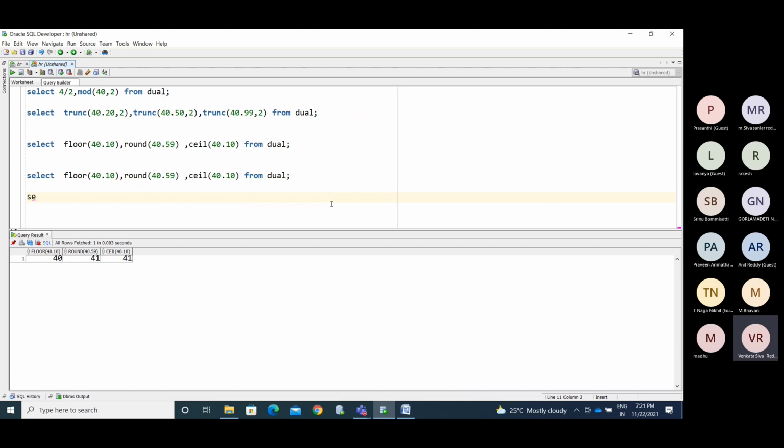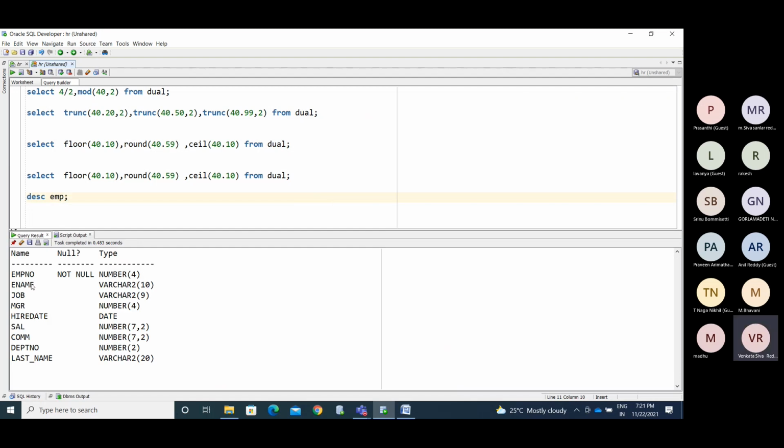Now we are into the number data type. Describe the EMP table. We have the employee number column with the number data type. Now I want to make it a character value. How can I convert that? We have functions to convert data from one data type to another.